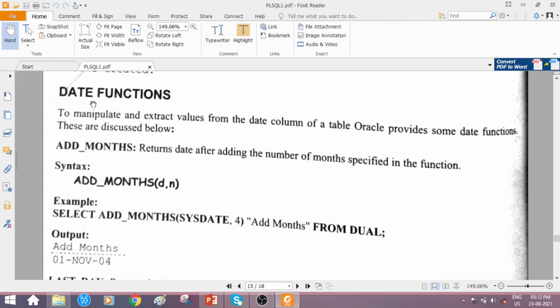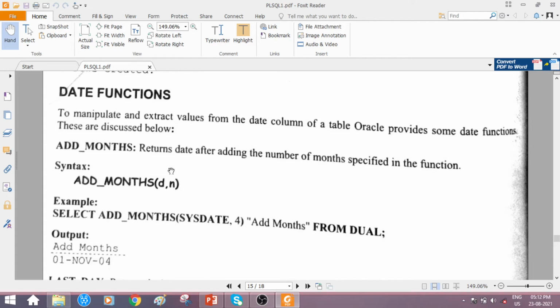These are discussed like this. First one, ADD_MONTHS. By the name itself you can understand: add months, something you want to increment. It returns a date after adding the number of months specified in the function.